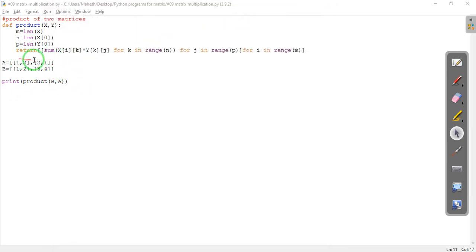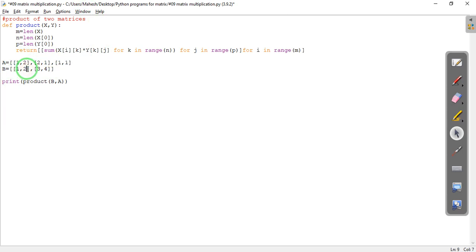Again let us try. Let's take one more column here, comma 1 comma 1 itself. So the order of the first matrix is 3 by 2. Number of rows are 1, 2 and 3, and number of columns are just 2. So this will be 2 rows and it may have 3 columns.